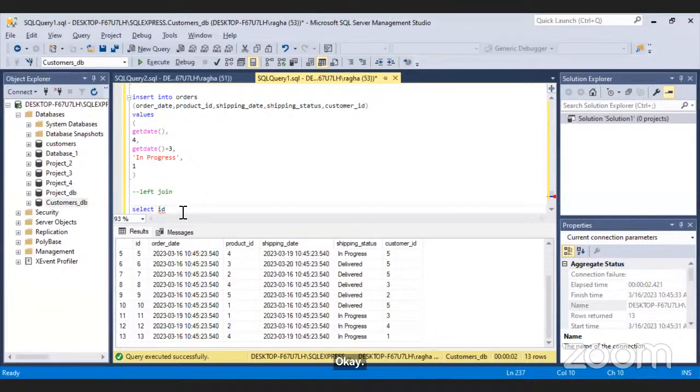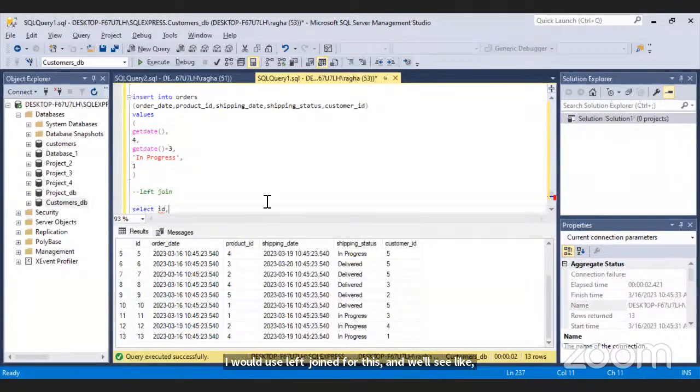Okay, so I want the data for all the customers who ordered or didn't order. So I would use left join for this, and we'll see why we are using the left join.